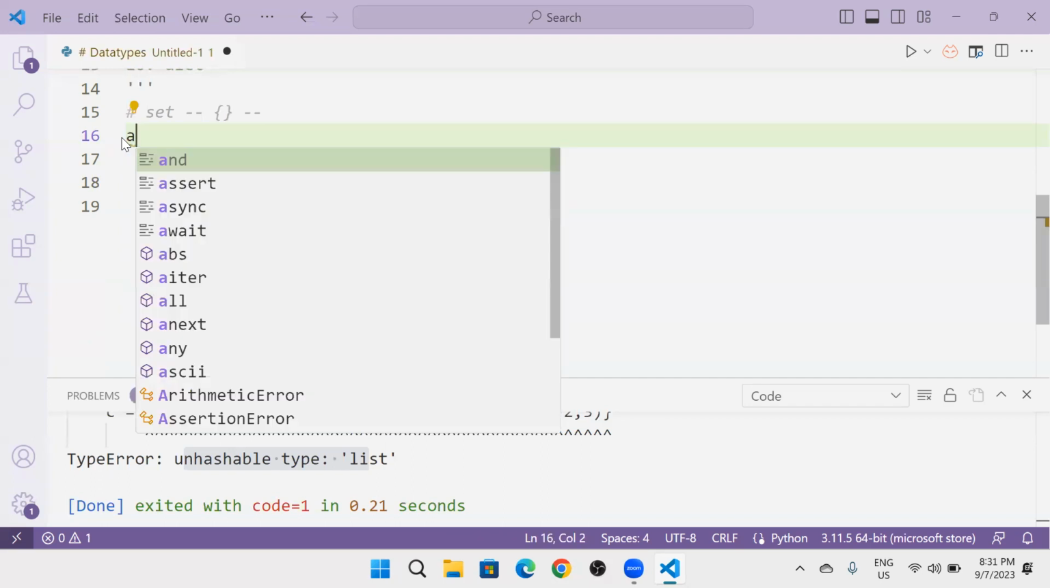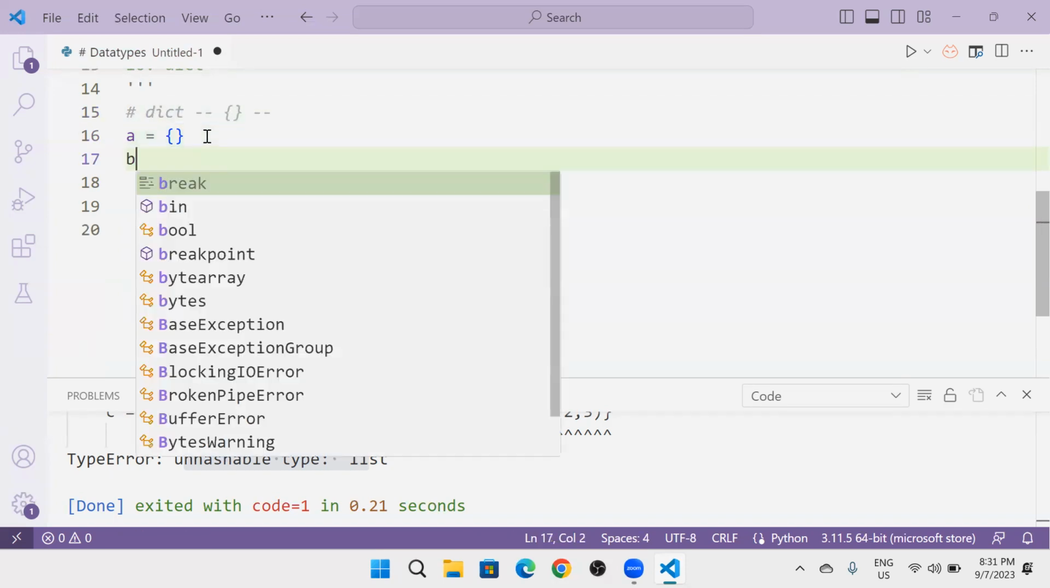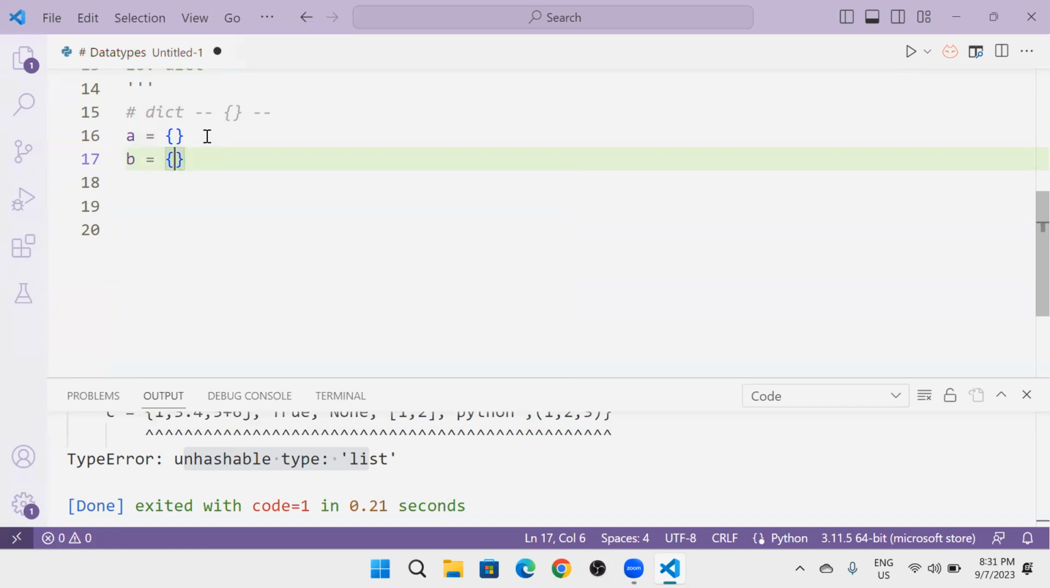Last but not least, which is the dictionary data type. Even the dictionary is similar to the set data type. So we can store anything in curly braces, but here we can store the data as a pair of key and value. That kind of data type we are calling